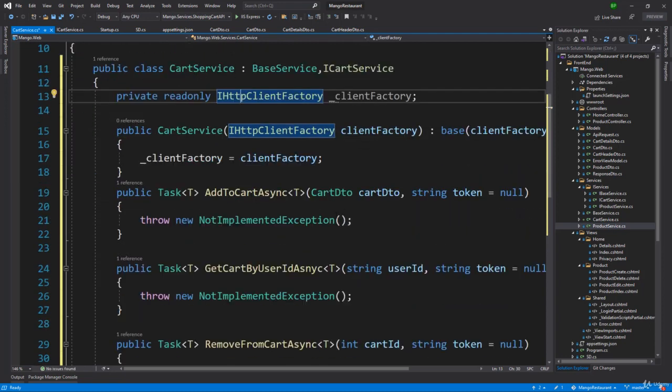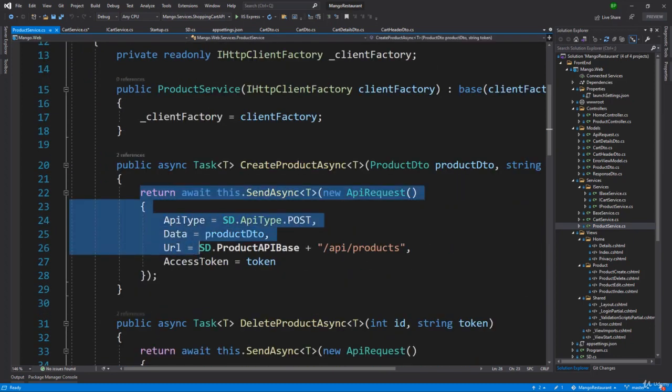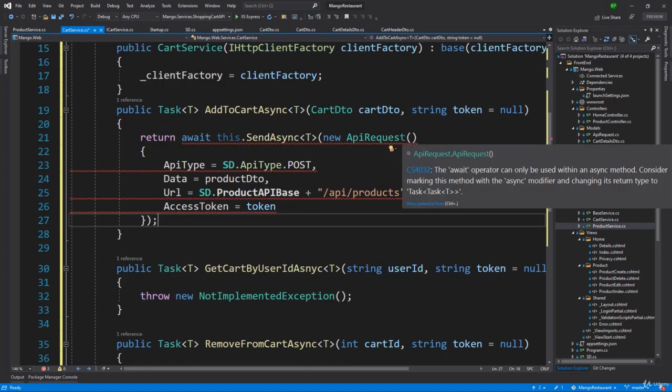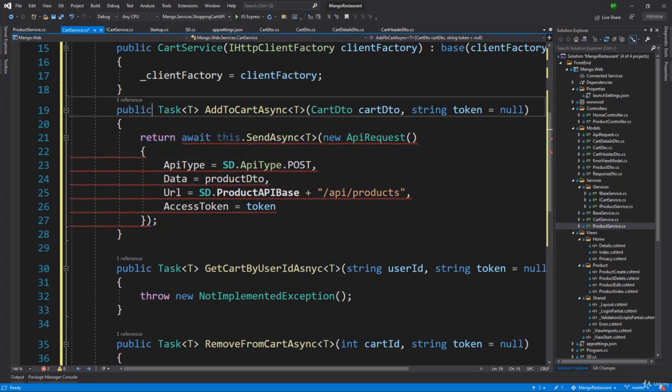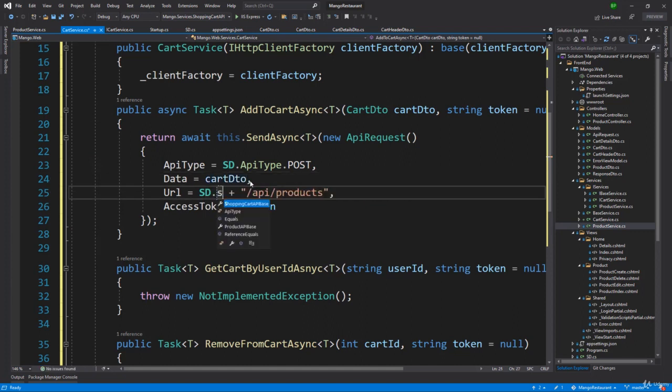Then let me scroll down and let me actually open up the ProductService. Let me copy the SendAsync for post and go to CartService. Here, when we add anything to the shopping cart, that will be a post action method. We will be adding the async keyword here, and the data here will be CartDto. Next, we need to modify the URL, which will be ShoppingCartAPIBase, and then what will be the